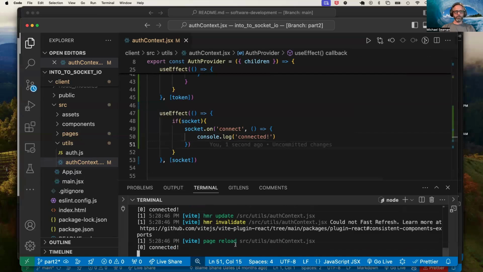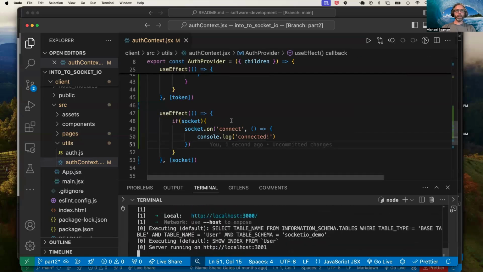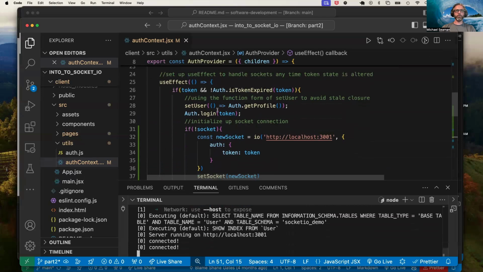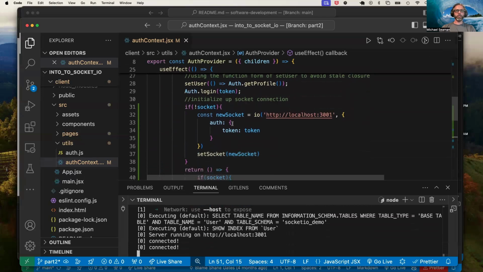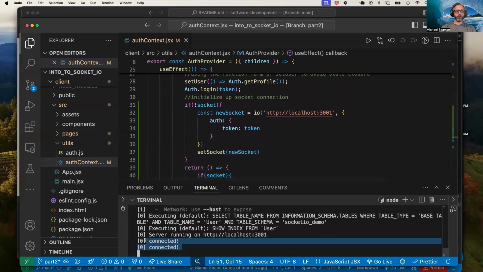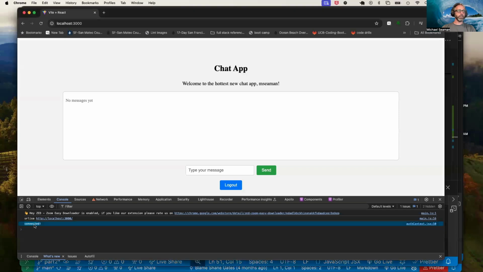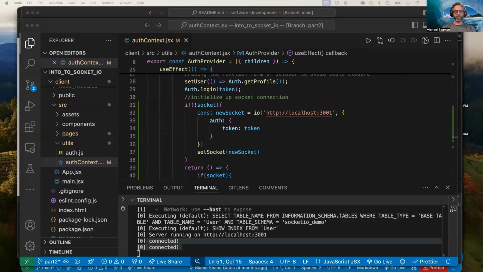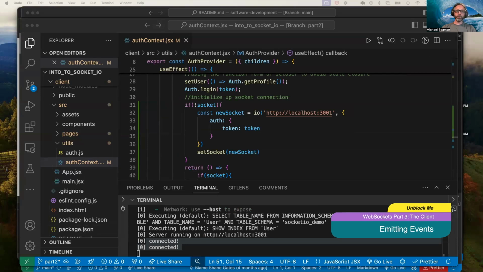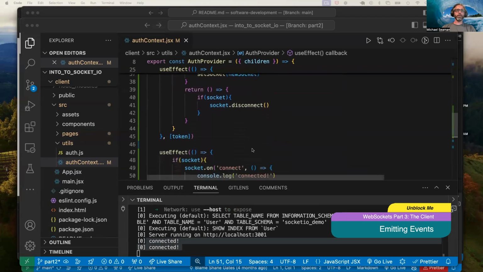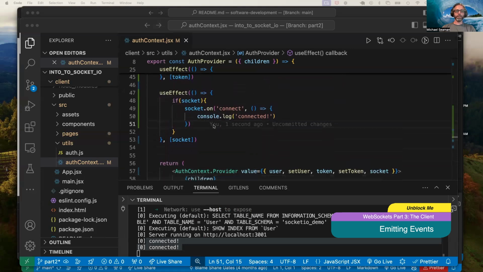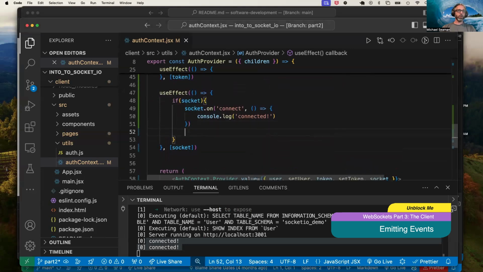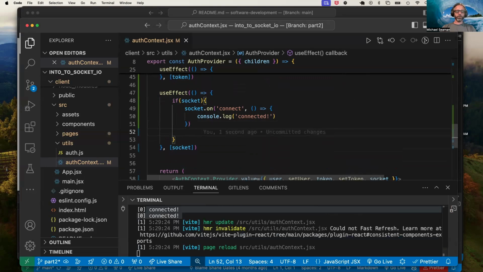Well, let's test it. So we placed the logic of creating this new socket right after the authentication takes place. Okay, this is the server console log. Let's have a look at our React app. And sure enough, we did indeed get that console log from our auth context. Cool, so we're connected. We have a socket connection between the client and the server. It's pretty cool. So let me show you how to emit an event. So once we're connected, or once we have a socket, we can start emitting events. So it looks like this,